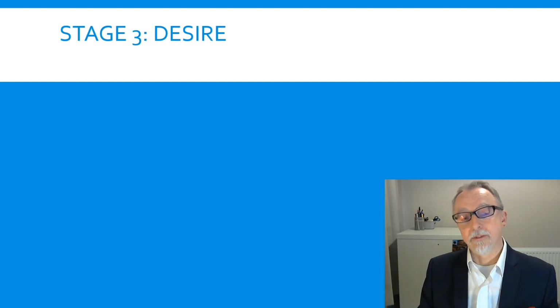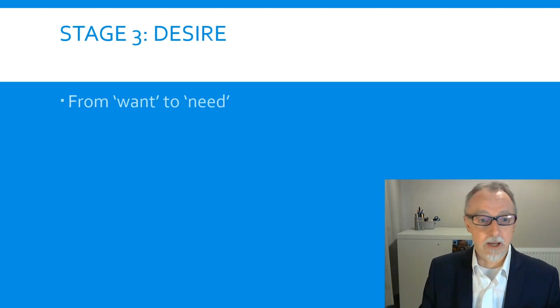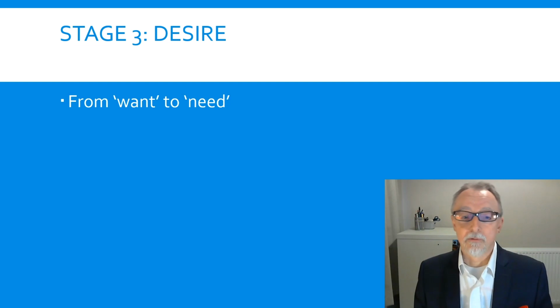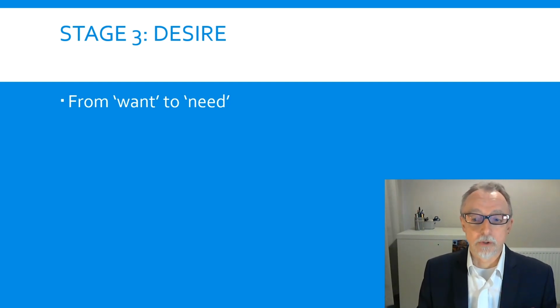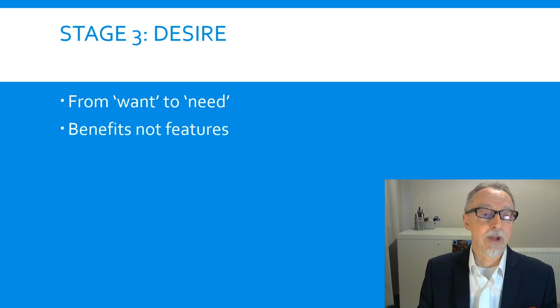So we move on to that third stage, desire. In other words, you've got to move them from want to need. You've gone from like to want, now you have to get them from want to need. So the next bit of your written material needs to move them in that direction. And one of the best ways to do that is to sell benefits and not